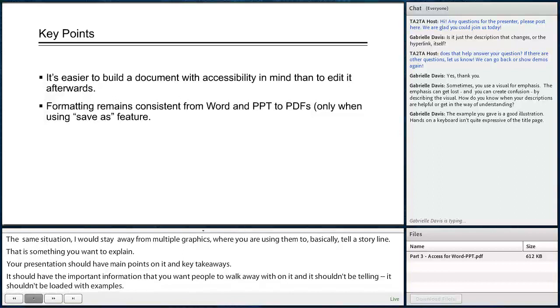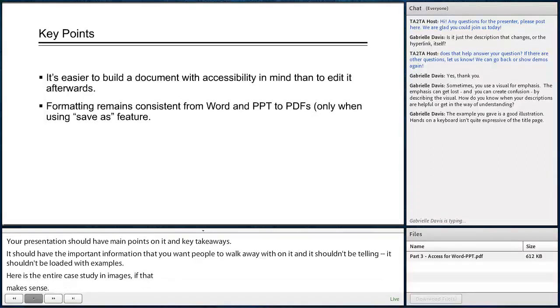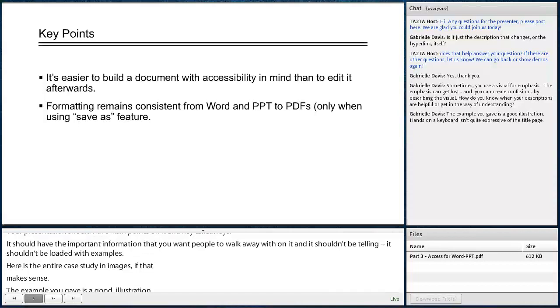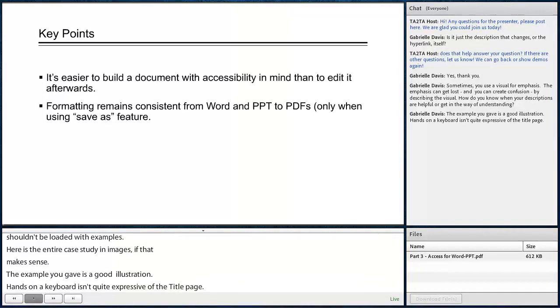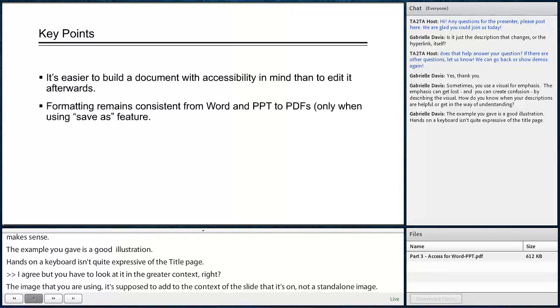The example you gave is a good illustration. Hands on a keyboard isn't quite expressive of the title page. I agree, but you have to look at it in a greater context, right? So the image that you're using is supposed to add to the context of the slide that it's on. It's not a standalone image. So when you're using images as a part of a document, they're supposed to add or illustrate whatever you're already